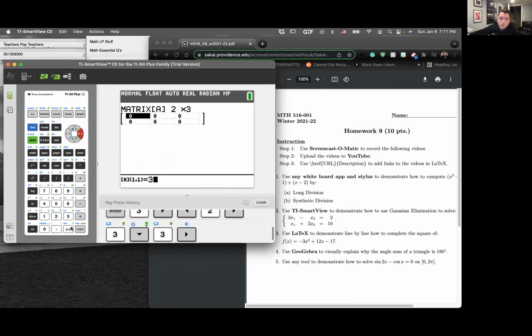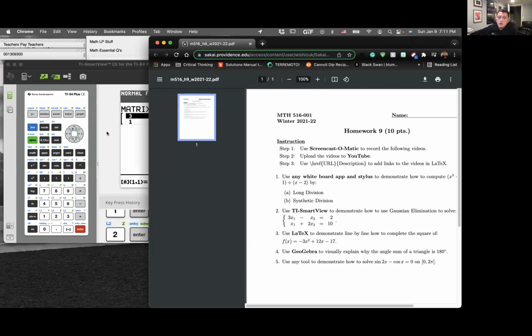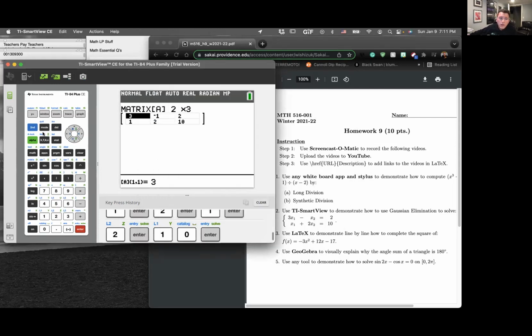Then next to that, we have a -1. So we're going to use the negative sign, then 1. And then that was equal to 2. And then the next one, we have a +1 as our coefficient. Again, we're only using the coefficients. And then a +2. And then last but not least, a +10. So if you look right here, we have a matrix of the coefficients giving our system of equations that we have right here. So we're going to jump out of that